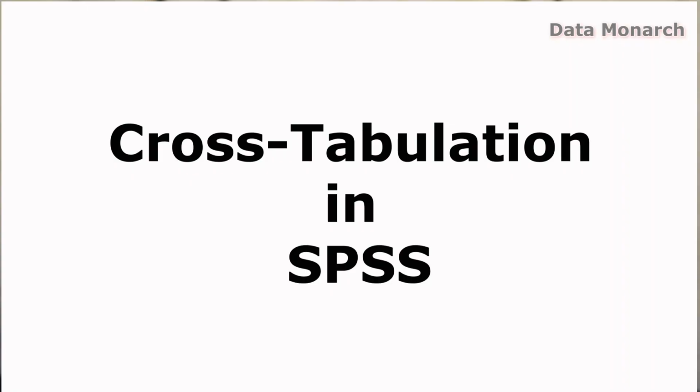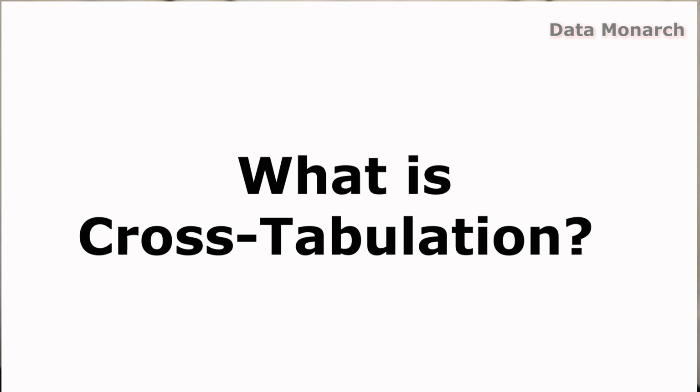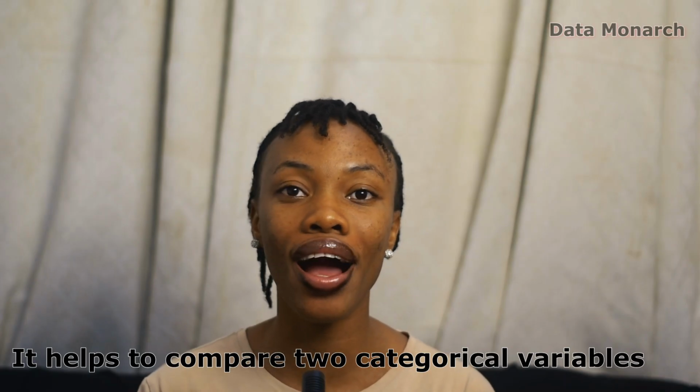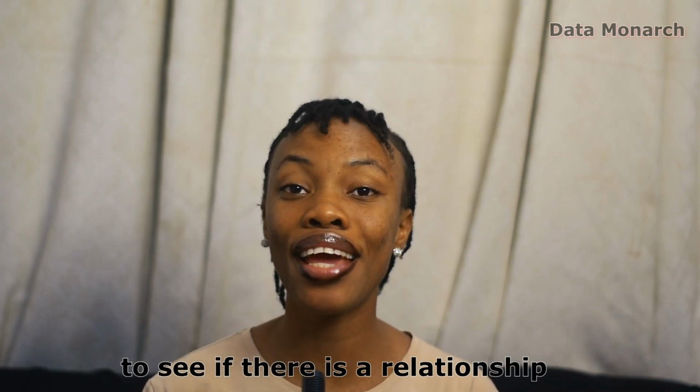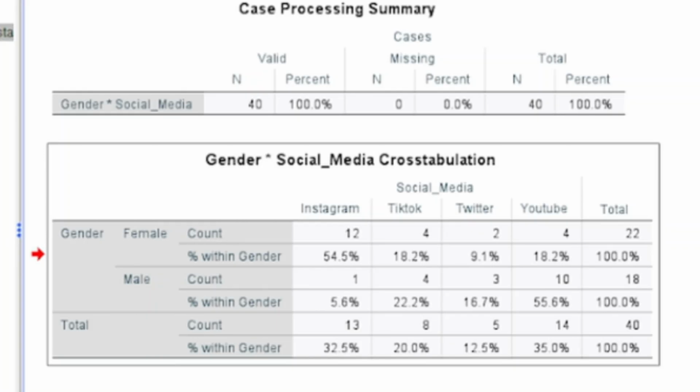In today's tutorial, we are diving into cross-tabulation in SPSS, a super useful tool for analyzing categorical variables. Whether you are a student, researcher, or just curious about data, this tutorial will guide you step by step. So let's get started. What is cross-tabulation? Cross-tabulation helps to compare two categorical variables to see if there's a relationship. An example of such is if you want to check if gender affects social media preference, just as we'll be looking